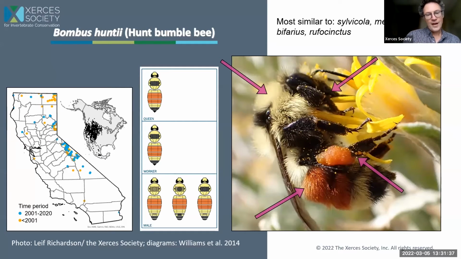In each of the maps, I'm dividing the recent time period from the historic, and I have arbitrarily defined recent as the last 20 years, and historic as everything before 2001. So in this example, you can see that many of the historic localities have been vouchered in the modern period. So that's an index that this bee, hunt bumblebee, persists in those areas, like the East Slope around Bishop, California,